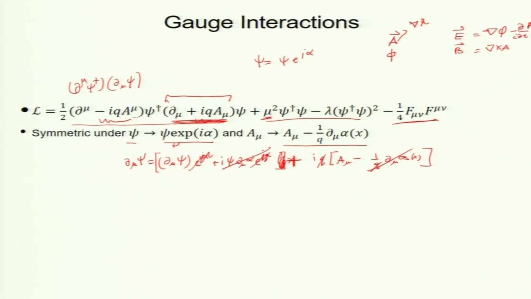Got it. So, we get back the original derivative operator multiplied by e to the i alpha, but if I do the left guy, then I will get the same derivative operator with e to the power minus i alpha. So, e to the i alpha and e to the minus i alpha will cancel and we get the same Lagrangian for this part. So, this is a very nice interaction term which preserves this symmetry.